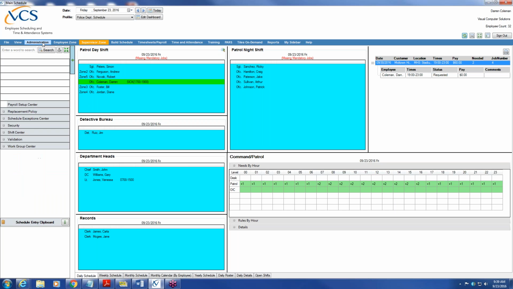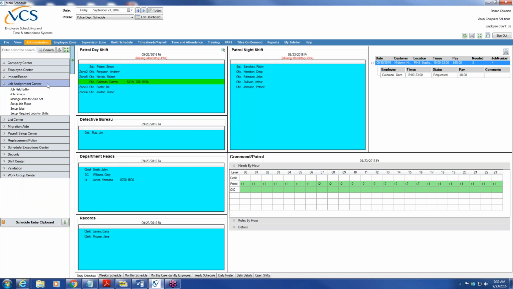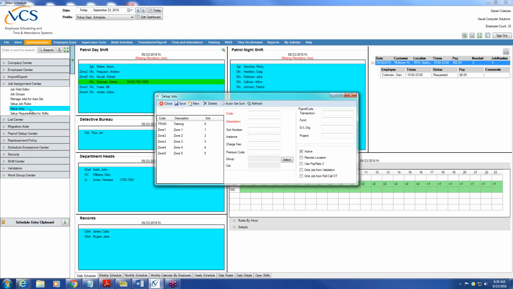Okay, so let's go to the Administration drop-down menu, and we're going to take a look at the Job Assignment Center. And we're going to select Set Up Jobs. Over on the left, you're going to see the list of my current job assignments, the ones that you see reflected on my day shift. And if I was to highlight one of these, you'll notice that I have a code and a description